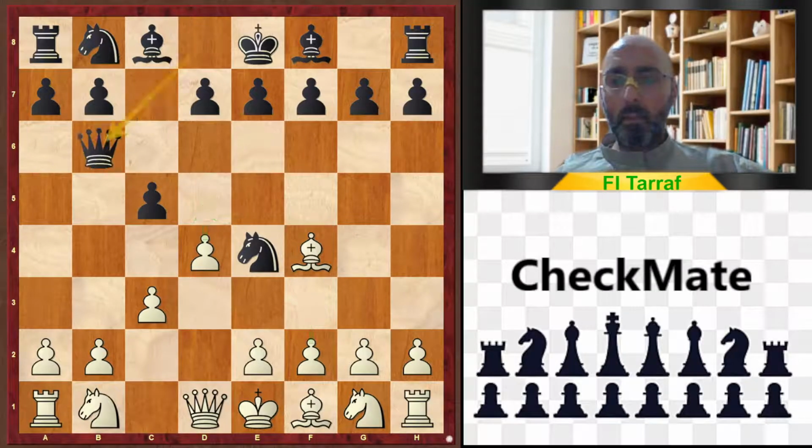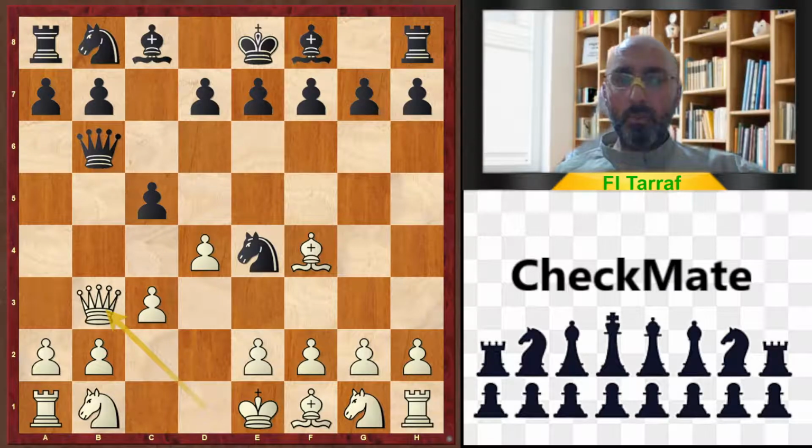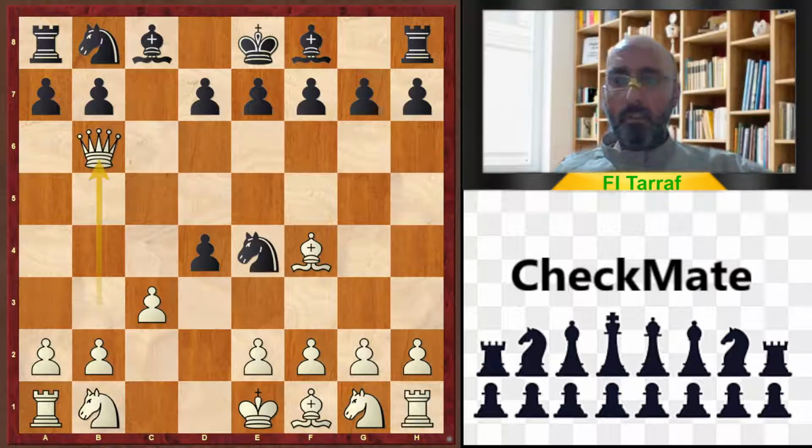So black continues with queen b6, of course, backing up the attack on d4 and also attacking the d2 pawn. White played queen to b3, offering the queen exchange, and this is not a good move either. And black continues with c takes d4, queen takes b6, a takes b6, and